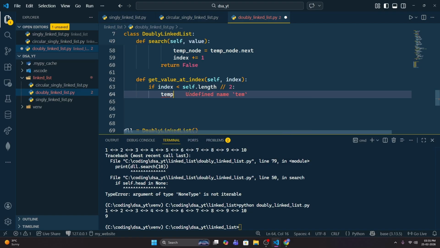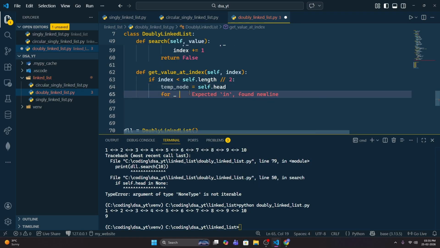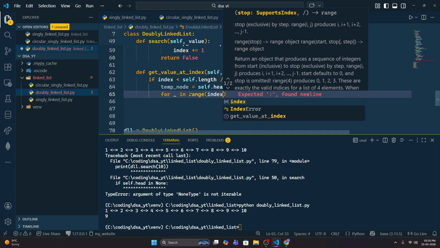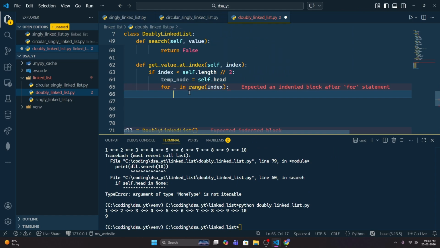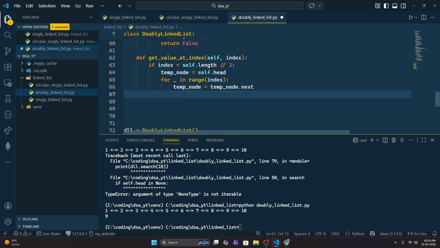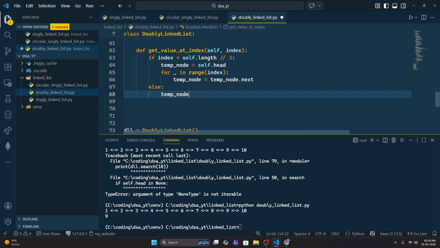So what we'll do is temp node will be equal to self.head, and for this, for a loop in range till index, what we'll do is temp node will be equal to temp node.next. And if it is not the case and the index is bigger, then our temp node will be equal to self.tail,